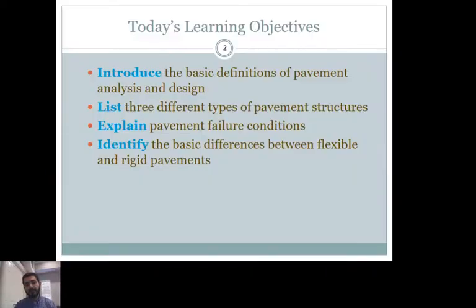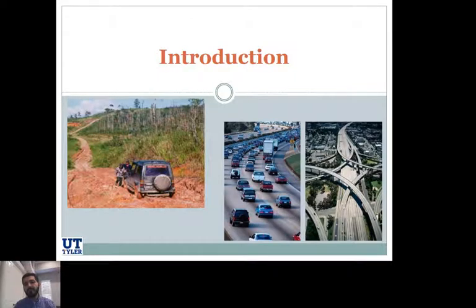So let's get going. Today's learning objectives: we're going to first cover a simple introduction to the basic definitions of pavement analysis and design, what I mean by pavement analysis and what's the difference between pavement analysis and pavement design. Then we're going to list the three different types of pavement structures that we typically use on any roadway. Then we're going to explain how pavement fails and what the failure conditions are that we typically see in any road, and then we're going to identify some of the basic differences between flexible pavement and rigid pavement. So, as an introduction,